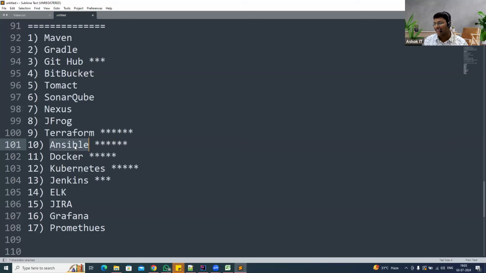Is it easy? Come on guys. Can you do those configurations manually in real time? If you have 1 or 2 computers, then okay, you can go to that computer and install the software which is required for the project. But if I have 100 computers, if I have 500 computers in the project,